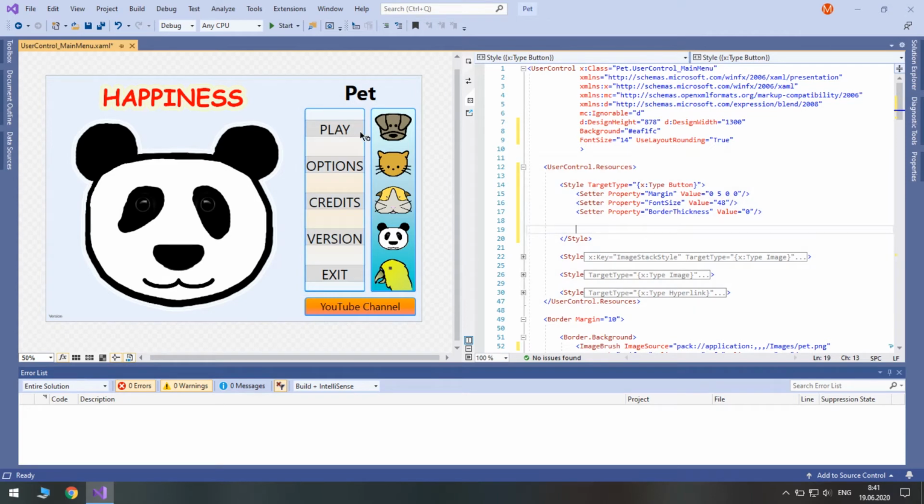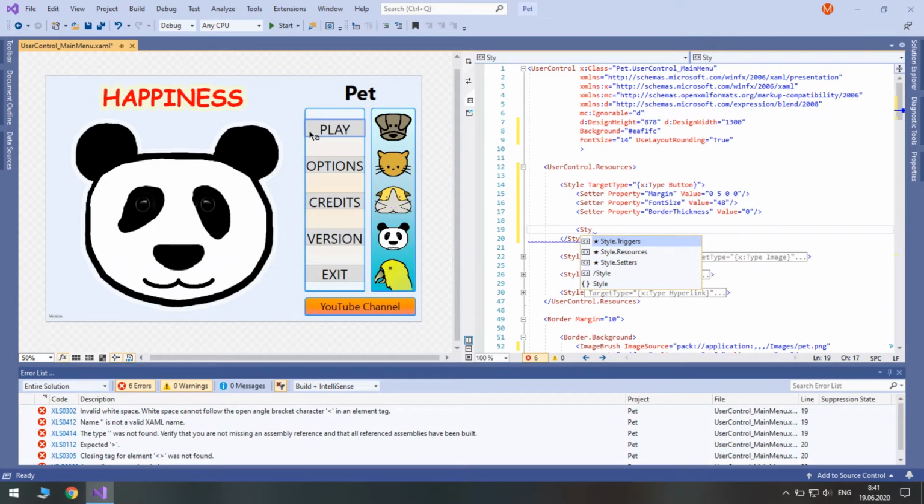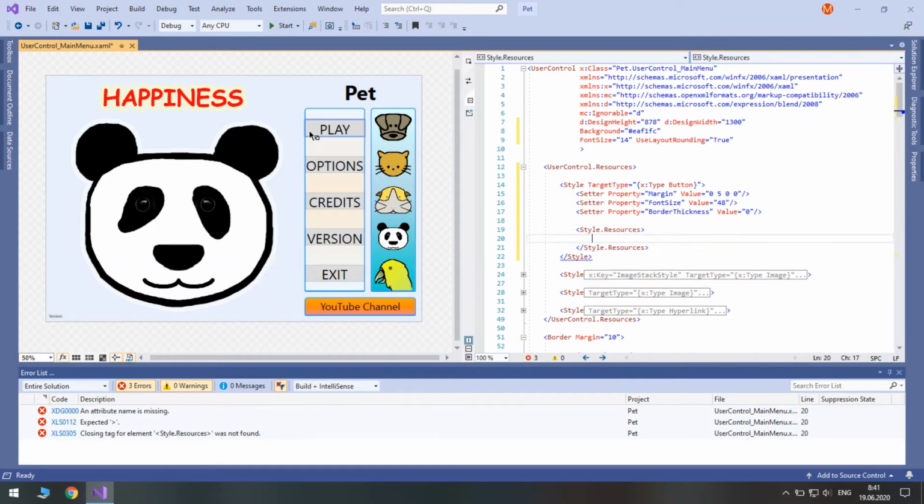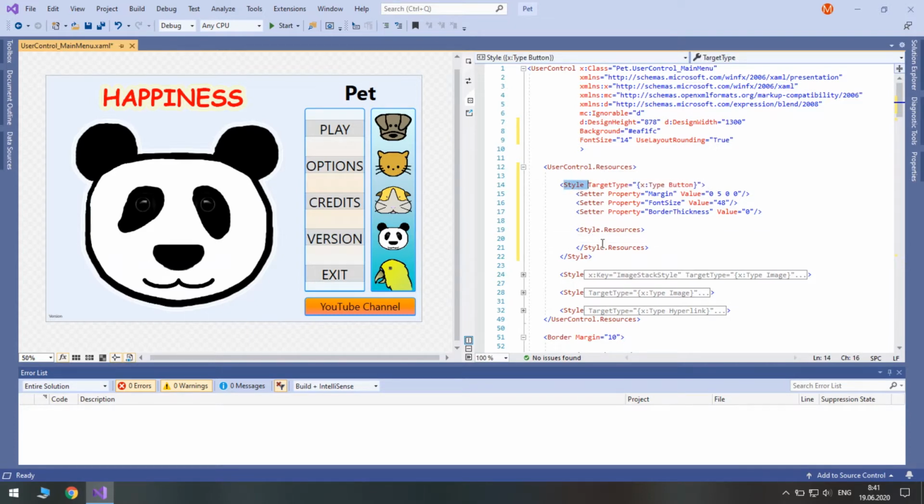So in order to access elements that are inside controls, from which they consist, we need to use style resources, just like you access user control resources. And now we access the styles resources. Well, specifically the buttons style.